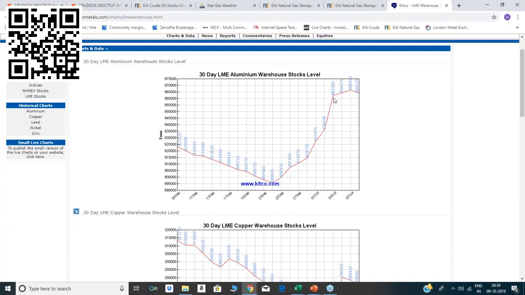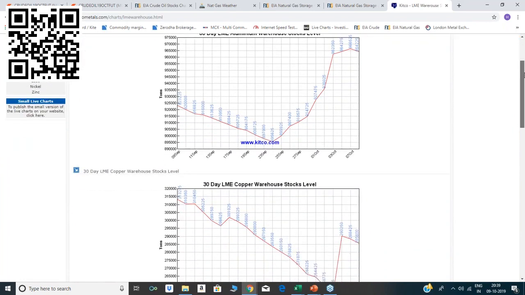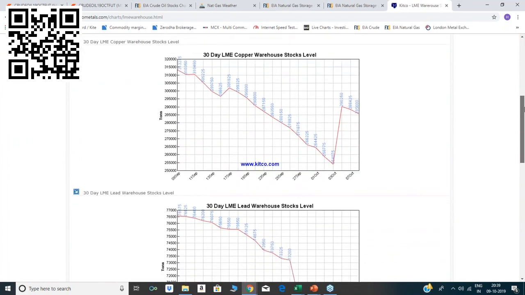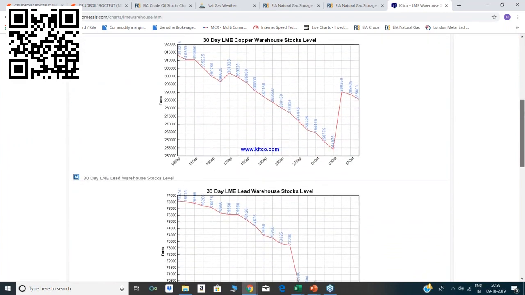So this tells you that if the inventory data is less than this inventory data, then price may go up. If it is more than this inventory data, then price may go downward. This is the complete chart. You can just look and you can backtest it. Every day it comes, and see, they have given the beautiful chart. You can look into this chart every day and find out what the current inventory data is.